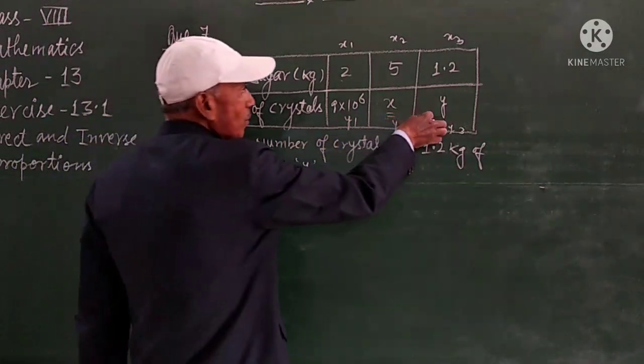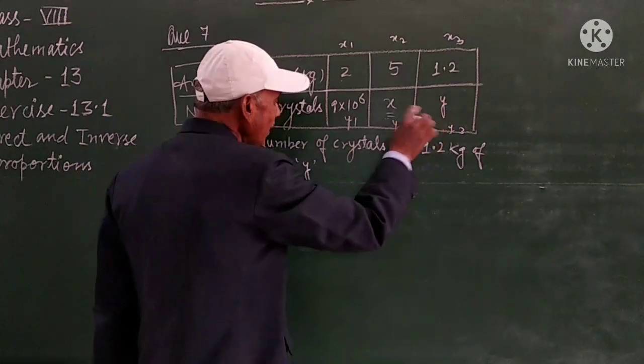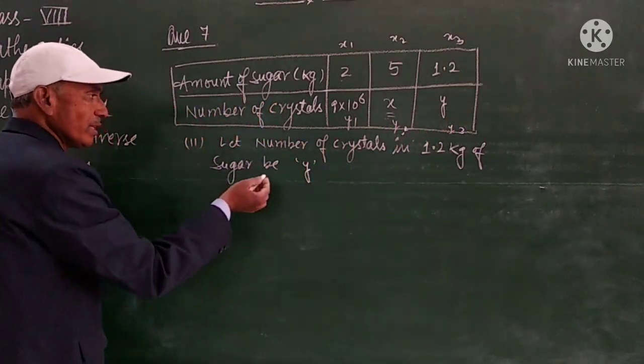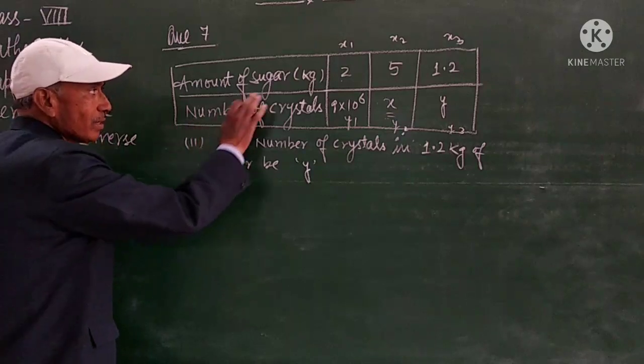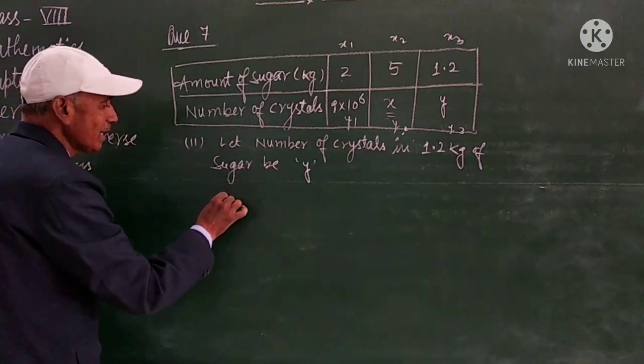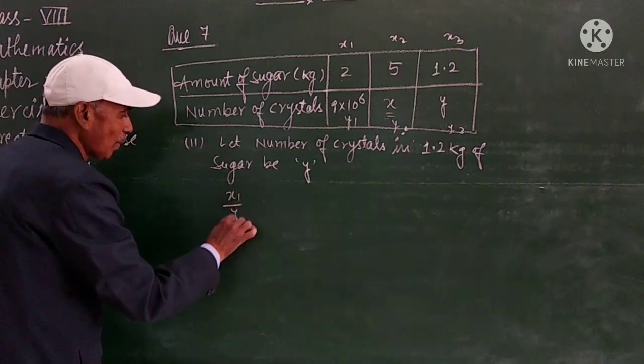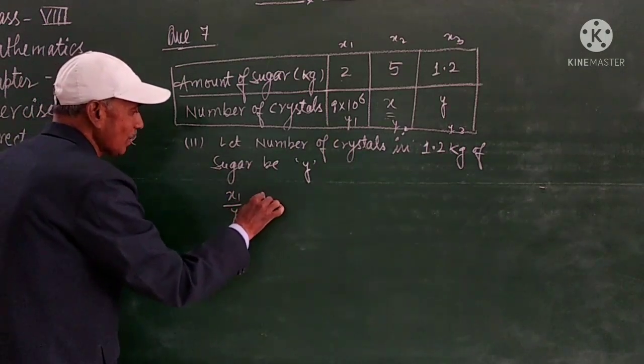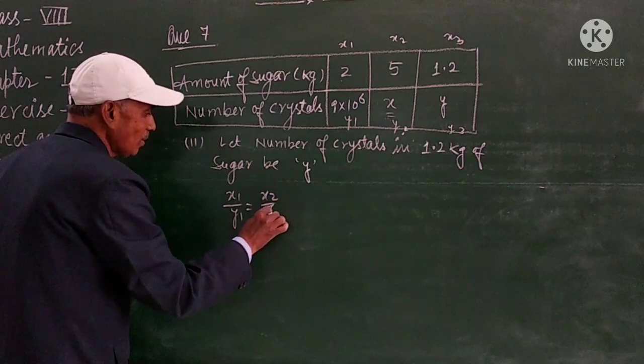In this we have assumed that the number of crystals will be y. So we know that these ratios are directly proportional to each other, so we have to write x1 upon y1 is equal to x2 upon y2